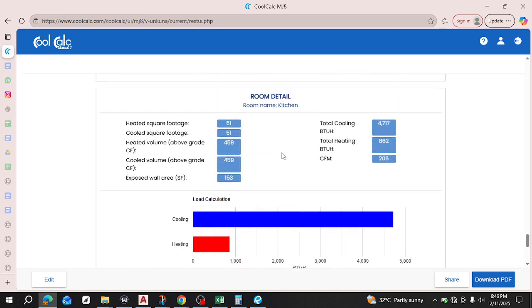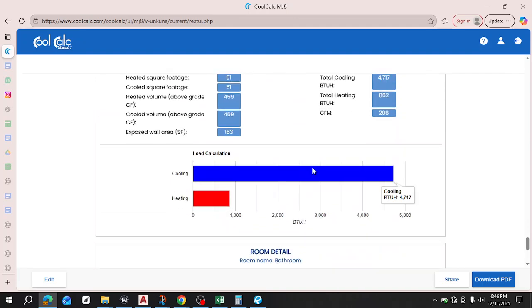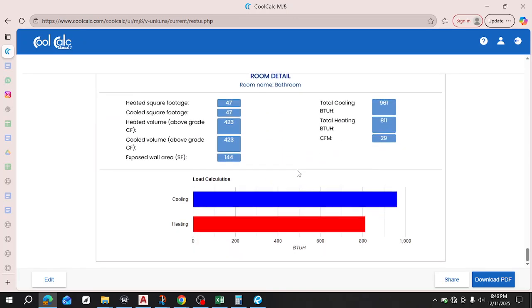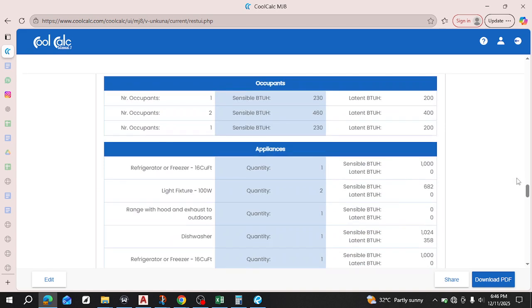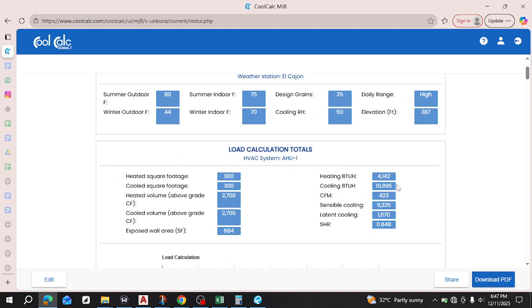And if you notice the kitchen, there's a big gap between the cooling load and the heating load. That just goes to show that the kitchen is used for cooking, which is a high heat producer, and all the other equipment placed in the kitchen is what makes this cooling load so high. So moving on. Okay, that's pretty much it. Then we saw the summary above where we saw the total heating and cooling here. So let's go on to the project for today, which is